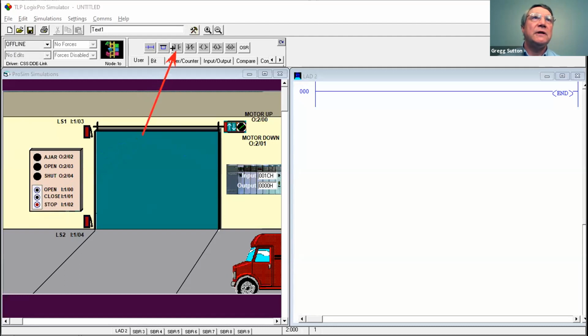Input instructions, and you'll want to drag one of these down to here. You'll want to drag one of the output instructions also down to this line after it. And here are output addresses, and here are the input addresses here. I'm going to turn the mouse control over to you, and you go ahead, program this so that the garage